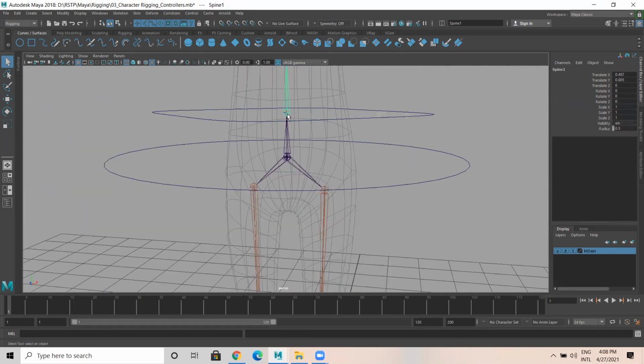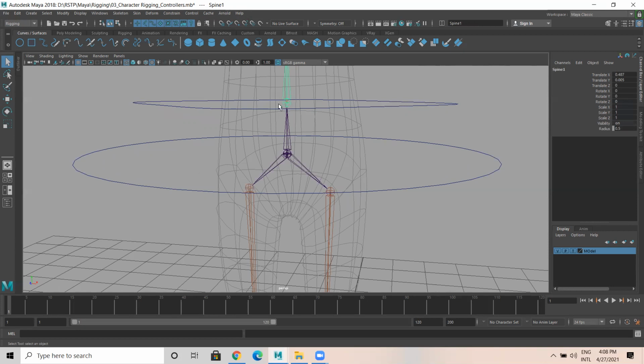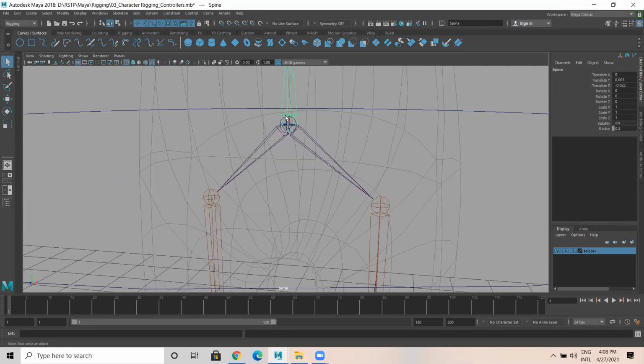So this is spine one. If you press the up arrow, you have to observe very carefully here. I have selected spine one. If I press the up arrow, you can see the main spine joint is exactly at this particular part. If I select this joint, left thigh or right thigh, and press the up arrow, you can see COG.